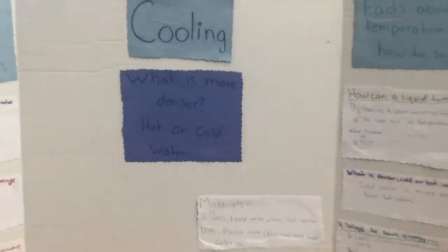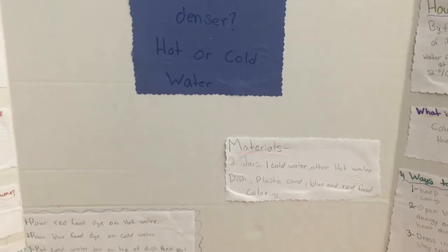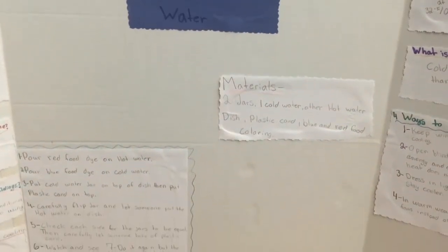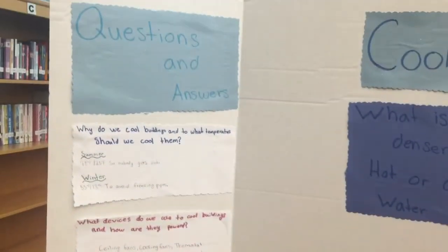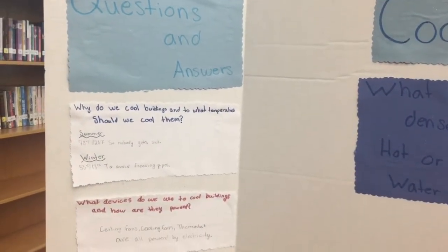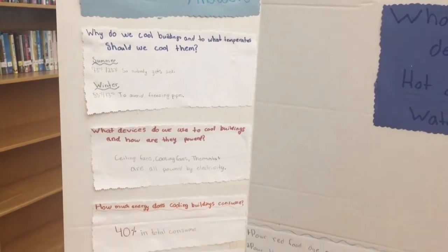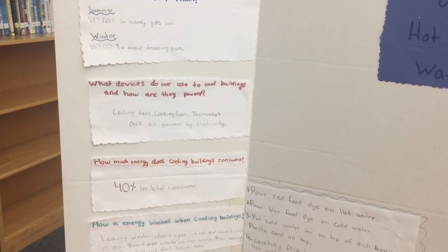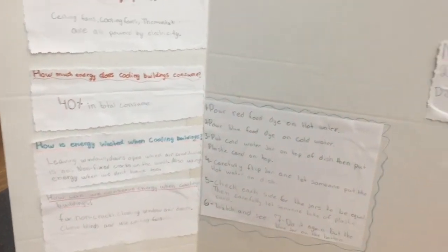Fresh air, but there's much more to cooling. We use cooling in buildings so we can keep them cool. The average temperature we should cool off the building is 60 to 70 Fahrenheit. Some cooling systems we use are ceiling fans, cooling fans, thermometers, but they are